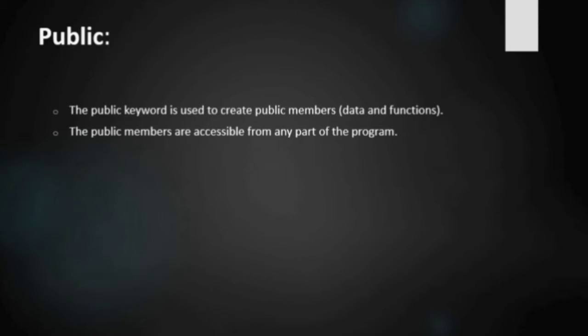We make a public specifier with the help of the public keyword, and it is accessible from any part of the program. All the class members declared under the public specifier will be available to everyone. The data members and member functions declared as public can be accessed by other classes and functions too. The public member of a class can be accessed from anywhere in the program using the direct member access operator with the object of that class. So we see an example of a public specifier.